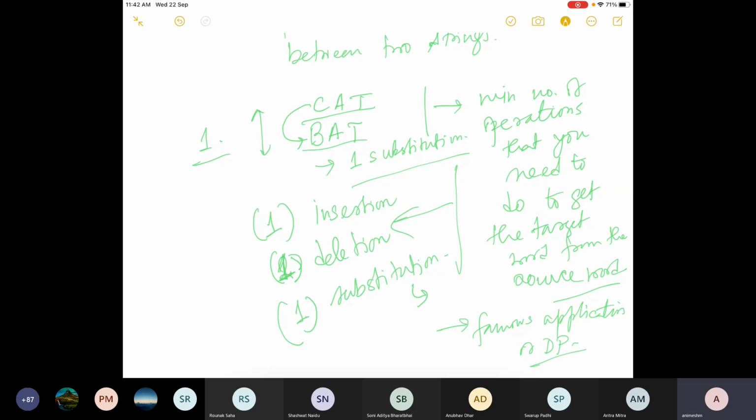The solution is already there on Wikipedia. If you search with edit distance implementation or Levenshtein distance implementation, you will get the solution in Wikipedia. However, my suggestion would be to try to build the recurrence yourself, and once you have been able to build the recurrence, write the simple code and see if it matches whatever is expected from this